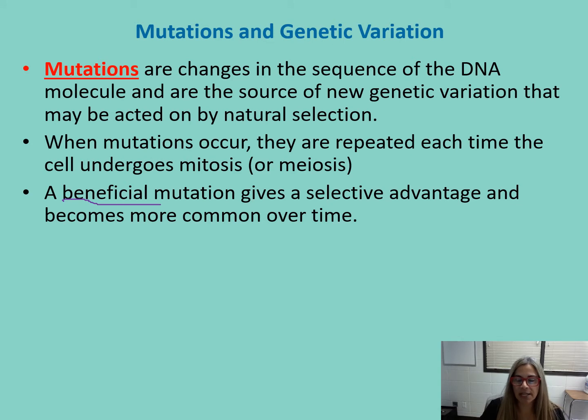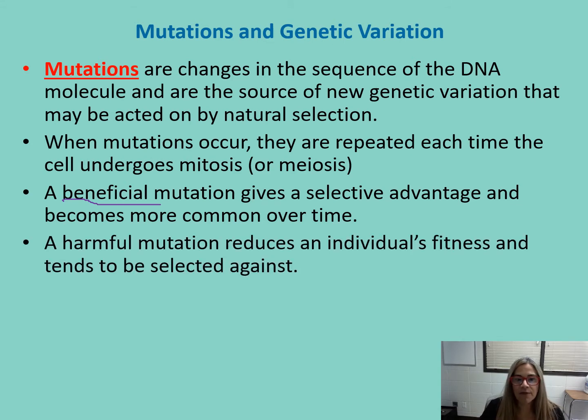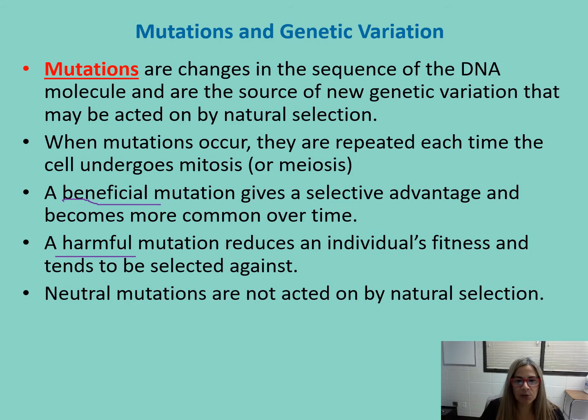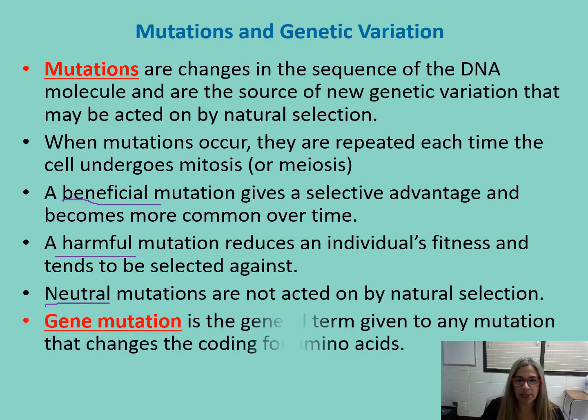A beneficial mutation, like we talked about in Biology 20, means that it has some type of selective advantage for the organism, potentially giving it more opportunity to survive. If it's harmful, then that's going to make it less likely to survive, according to Darwinian theory. And sometimes mutations can be neutral. So this means that they are neither helpful nor harmful to the organism in terms of its ability to survive